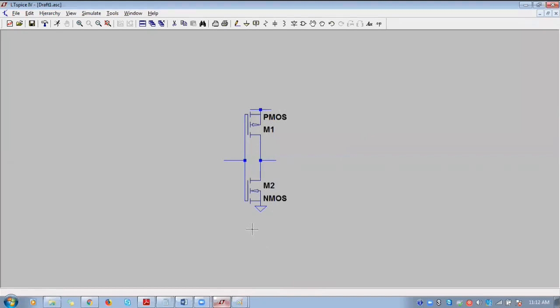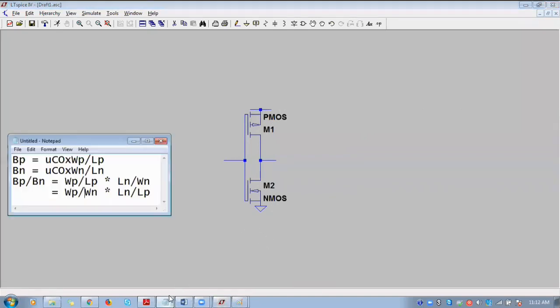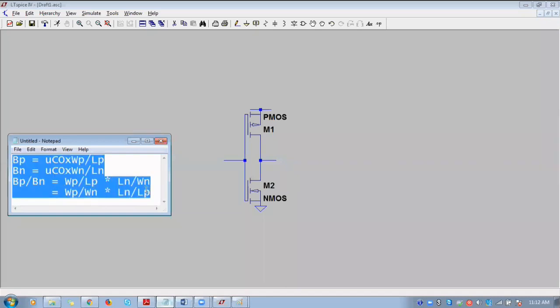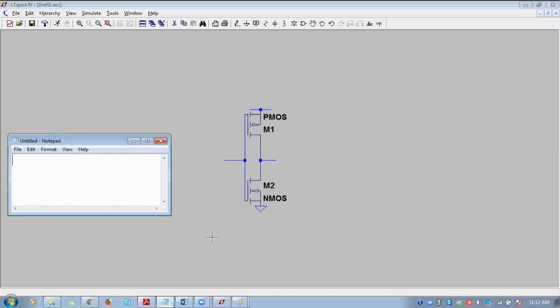Now I will show how to design a logic. First, I will go with Z equal to A dot B dot C whole bar. Keep in mind that CMOS design can provide only the inverted output.